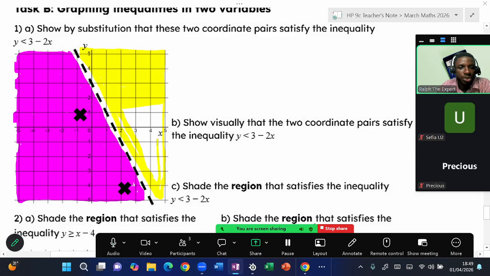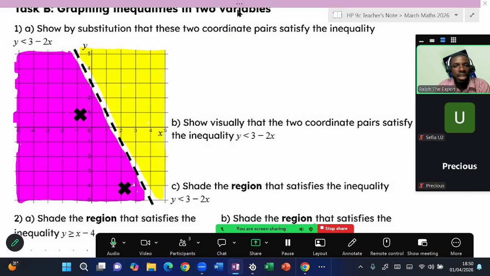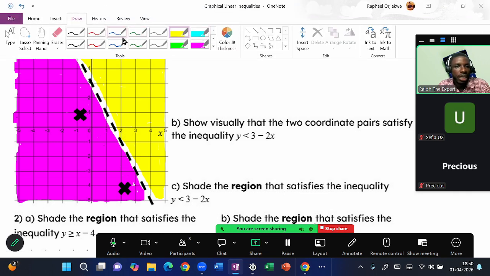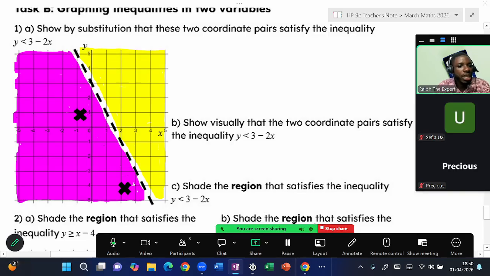I wish I could draw it faster, in about 5 seconds. So yeah, okay, there it is. We are done. Now, what I want you to know is that we are going to look at what they're asking for. Once they give an inequality, like y equals to, okay, I'll use black. Y equals to